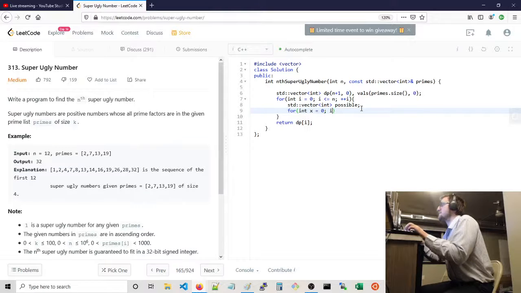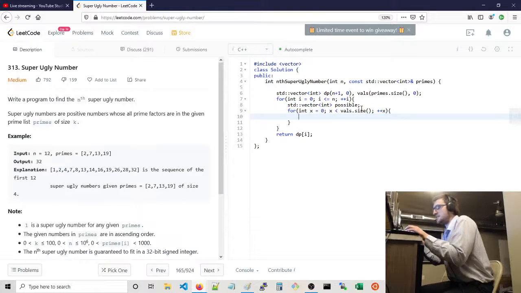X equals 0, X is less than vals.size. Right, obviously vals and primes are the same size. And we're going to possible.push_back primes of X